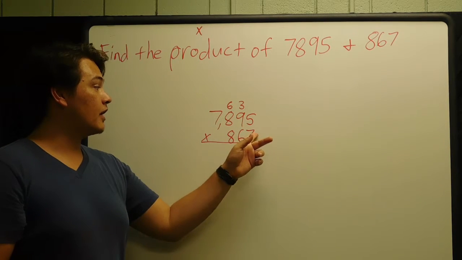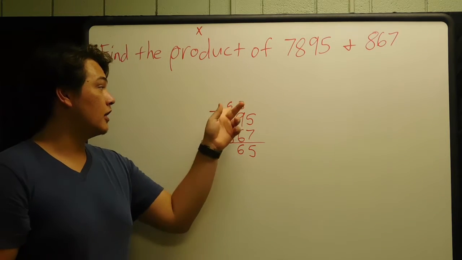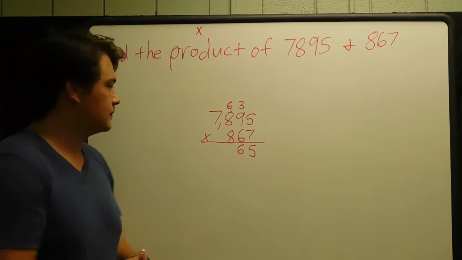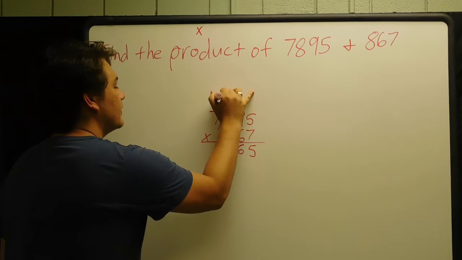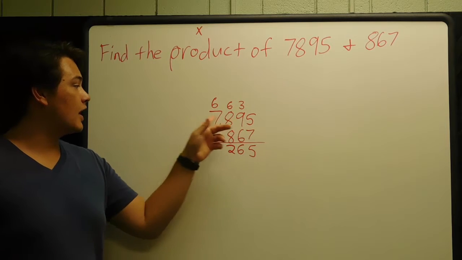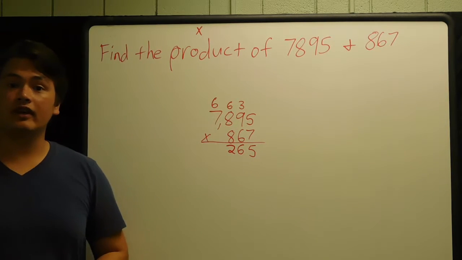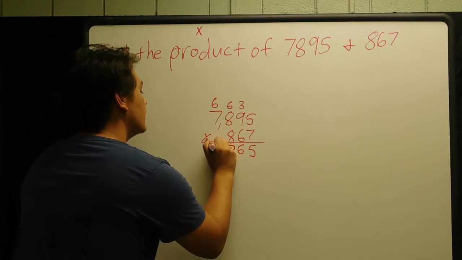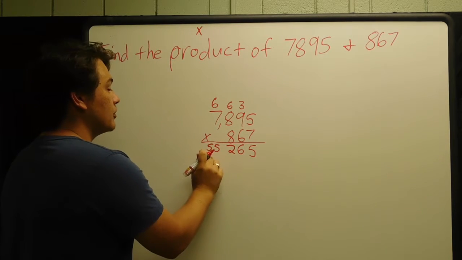So now we're going to multiply 7 times 8, which is going to give us 56. 56 plus 6 is going to give us 62. So I'm going to write the 2 here and put the 6 here. Next, we're going to multiply 7 times 7, which is going to give us 49. 49 plus 6 is going to give us 55. So I'm just going to write 55 because this 5 can't go over anything else, so I'm just bringing it